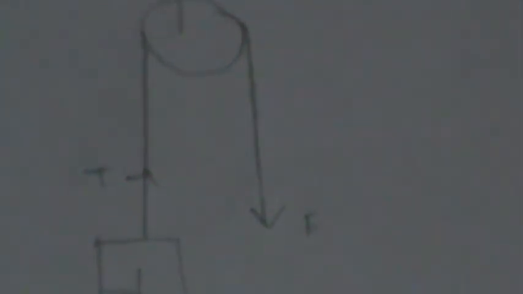Now what will happen if two masses are connected, on both sides? So there are two masses, without putting forces like in the first instance. In the first instance I replaced the force with some object here, mass mg. In the next video and the videos onwards, I will replace this force by some object. The weight of the object will provide the force necessary to keep these strings like this.